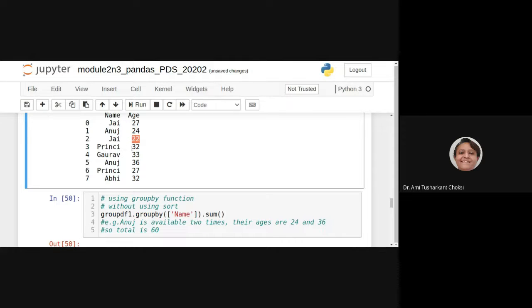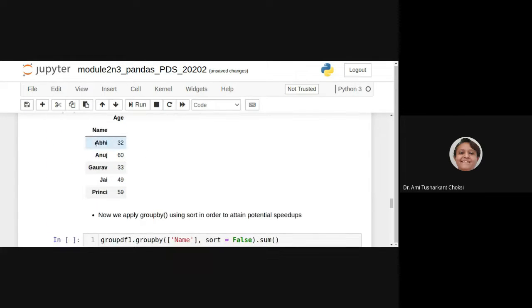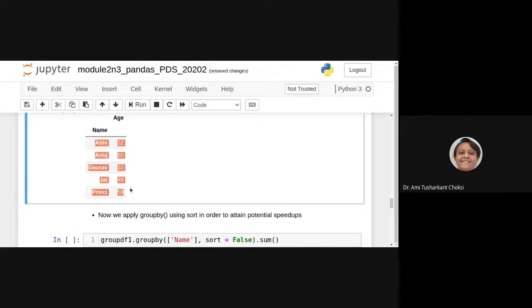For Princey also, first is 32, second is 27. So it will do the addition. Fine. So we are able to see the summation as the answer of the age of that particular person, right? Actually, we cannot say for that particular person, but we should say for a particular group, isn't it?